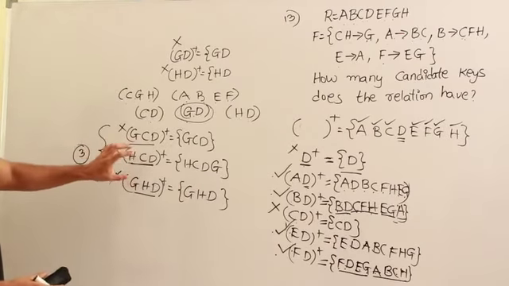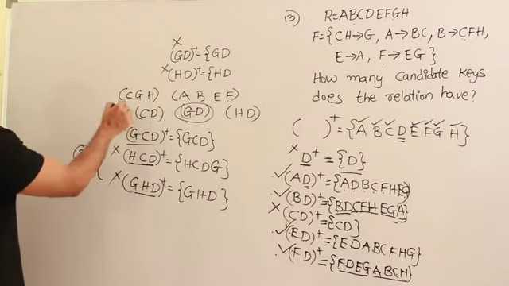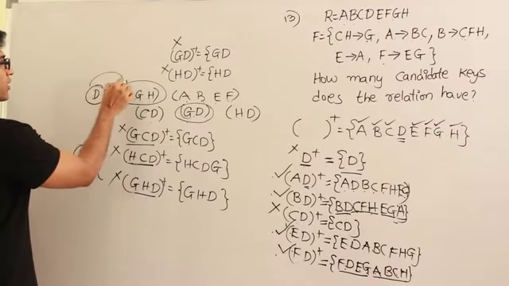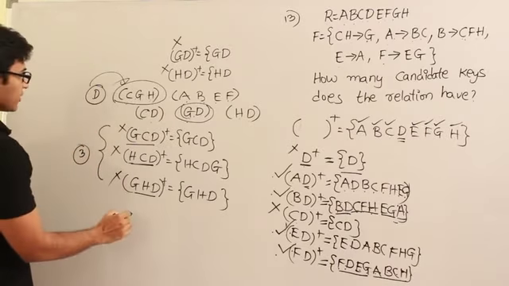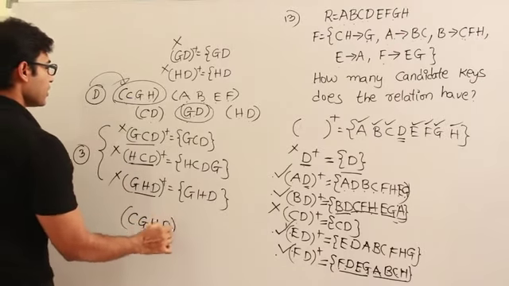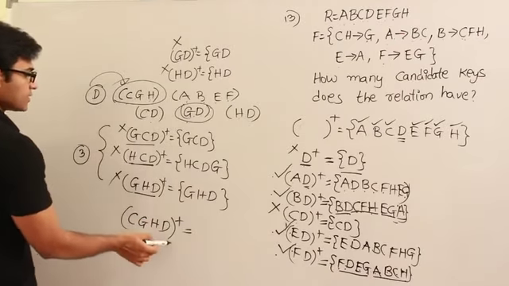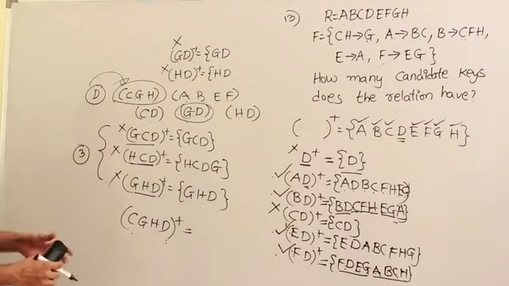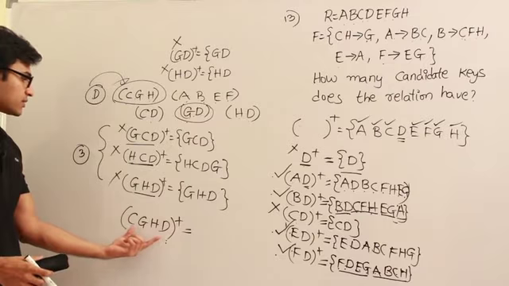So let's see how many attributes are remaining. 3 attributes, and C, D has to be there. Now I'll try to put everything. The next one possible is only one, which is C, G, H, D. This is the only possibility, right? I'll try to find it out. In case it is also not a candidate key, I can declare that only those 4 are possible. Are you getting this? Why only this one?